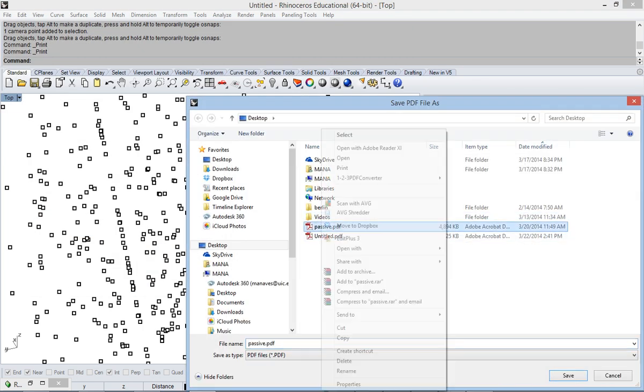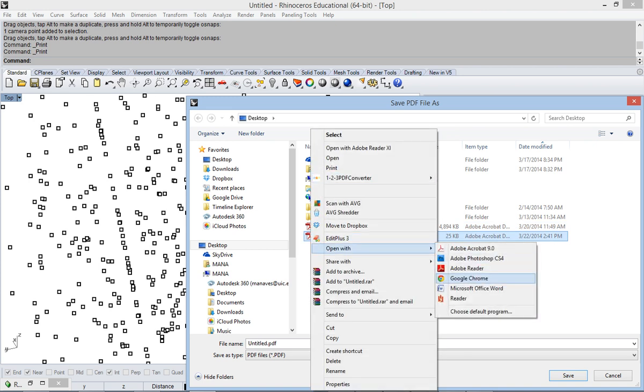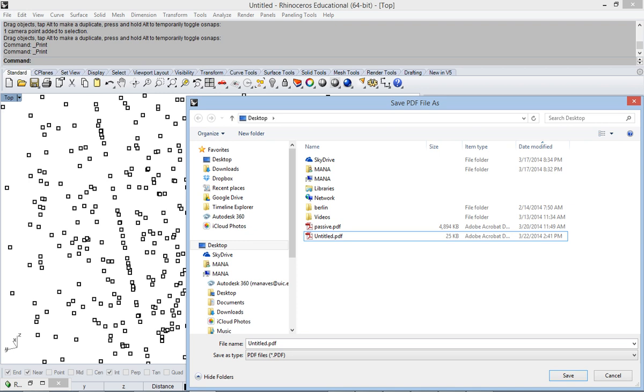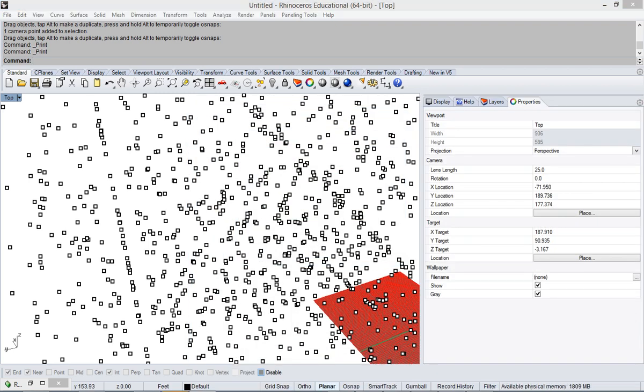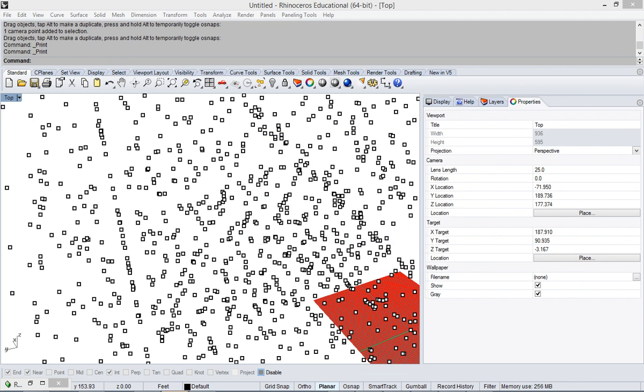Now once you print it, if we open it, for those of you that are advanced users, if we open it up in Illustrator, we can change the thickness of that line or fill it. You can't do it in Rhino, like fill the point to give it more density. So if I open it real quick in Illustrator,